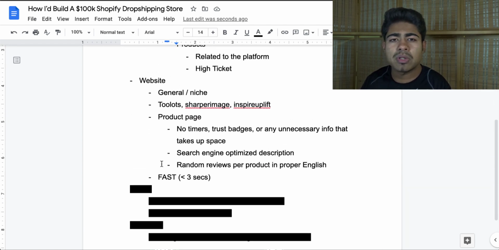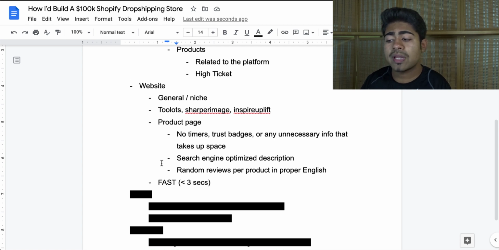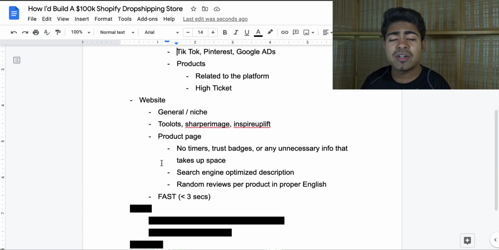So that is why I would go with a general store to start off with. And to set up my general store, here's exactly what I would do. I would go on these three websites and I would try to mimic their layout as much as possible. Now, this does not mean that you go in and copy everything word for word and make sure that every link and every design is exactly the same as these, but it does mean that you want to have a